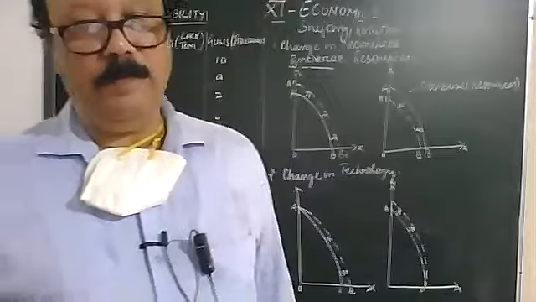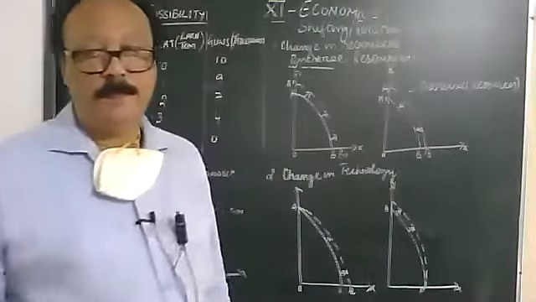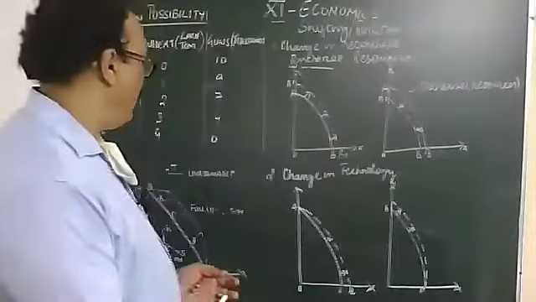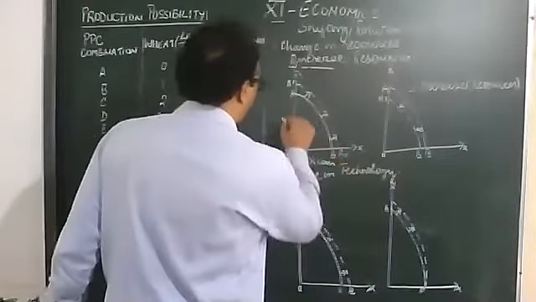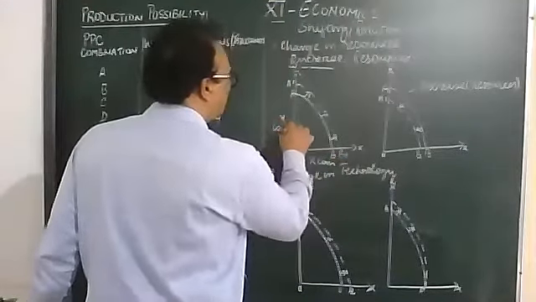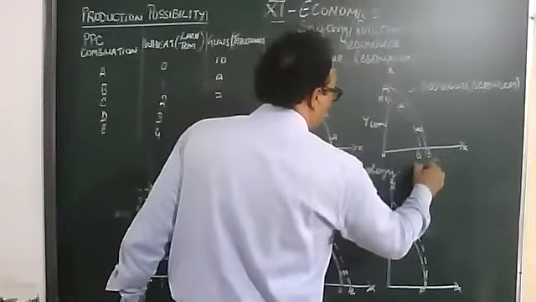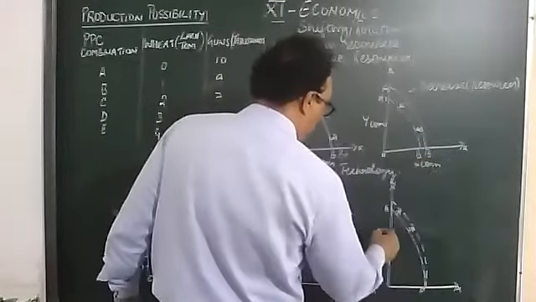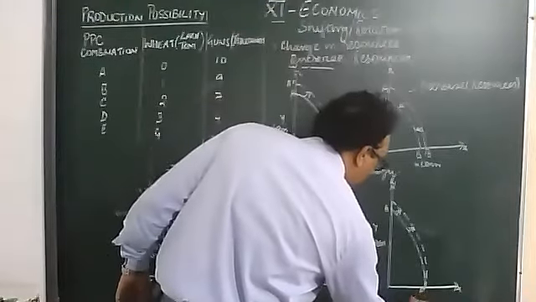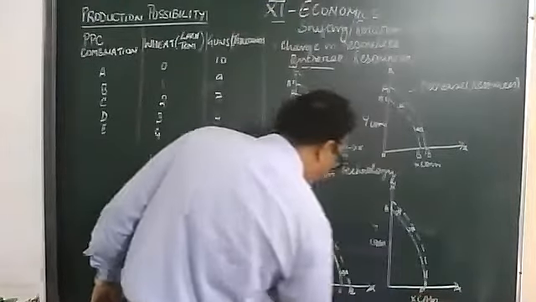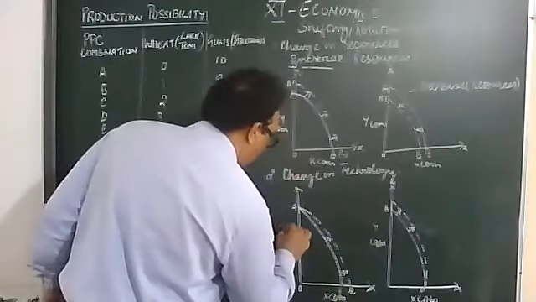Now, take down this. Okay, and make sure this is the X commodity. You can write Y commodity. This is the Y commodity. This is the X commodity. Okay, same here. This is the Y commodity. This is the X commodity, and so on. This is the X commodity, and this is the Y commodity.